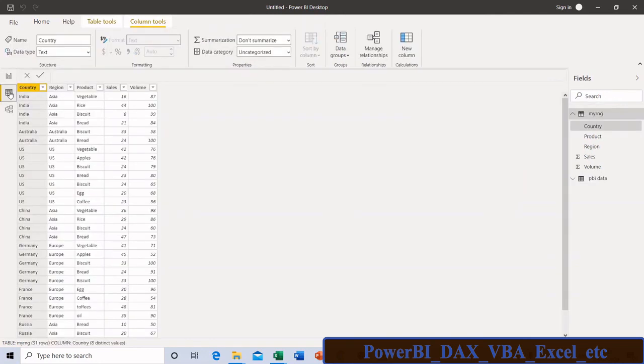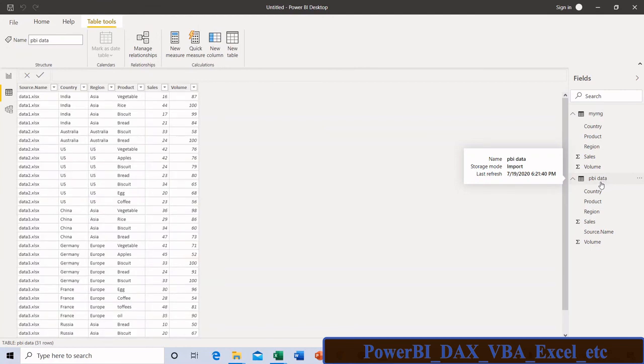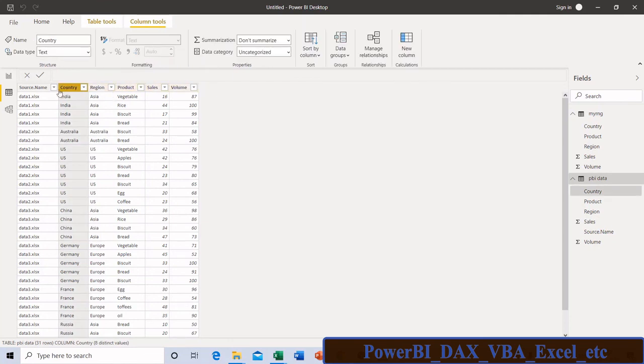And go to here in my data sheet view. This was my folder name, and in that name, one table is created, and here we can see my country, region, product, sales, etc. And here one source name. Source name means the India data.